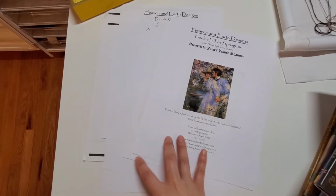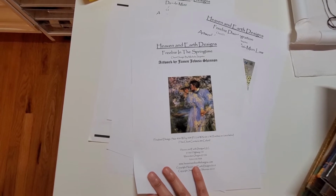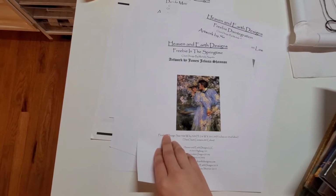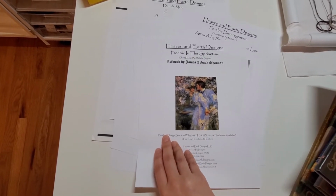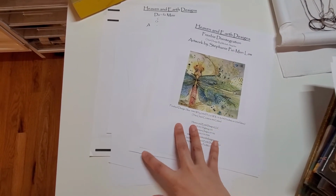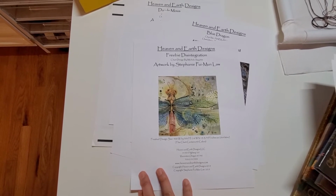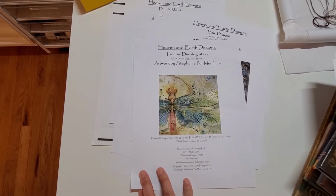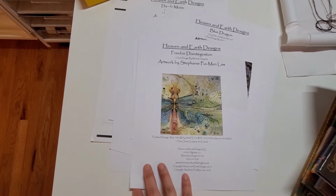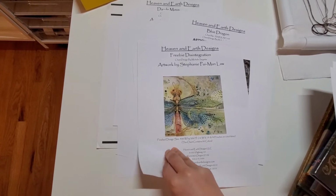And this is freebie number 2, In the Springtime. It looks like painting, and I just liked it. But I don't really see myself stitching this, but it's free, so I downloaded it. And this one, freebie number 3, I downloaded it just because. Out of all the freebies, this was the third one that I thought was okay. But I don't really see myself doing it. I used to catch dragonflies by hand when I was little, so